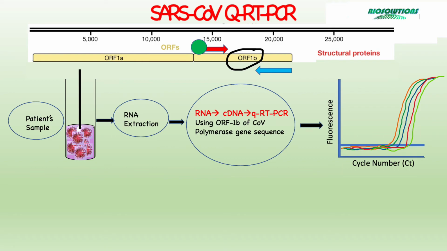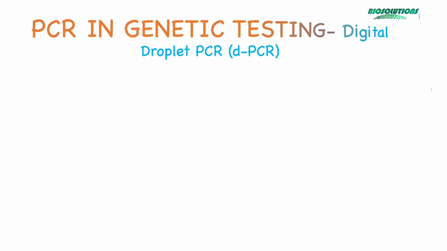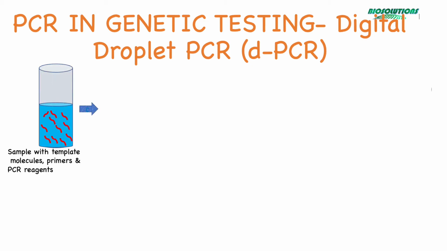Besides, the PCR approach is used for rapid and non-invasive prenatal diagnosis and carrier testing of several genetic disorders. For prenatal testing, a digital droplet PCR, or dPCR, is performed. In the peripheral blood of the mother, there is a low abundance of cell-free DNA from the fetus, thus making PCR an attractive and sensitive alternative to conventional invasive methods.